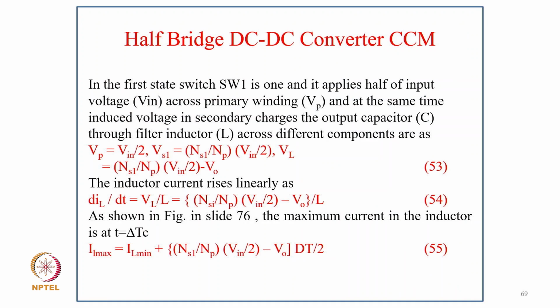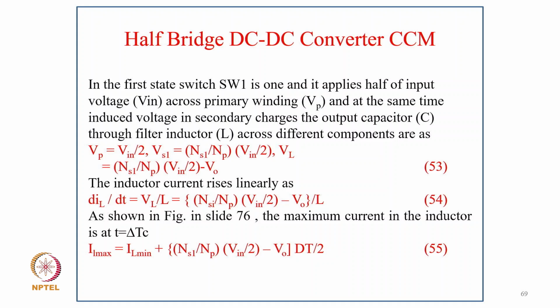So coming to the analysis in continuous conduction mode of the half-bridge DC-DC converter, in the first state switch S1 is on, it applies half the input voltage across the primary winding, and at the same time the induced voltage in the secondary winding charges the output capacitor of the filter inductor across different components. So Vp equal to Vin by 2 and Vs1 equal to Ns1 upon Np into Vin by 2, and VL equal to Ns1 upon Np into Vin by 2 minus Vo,